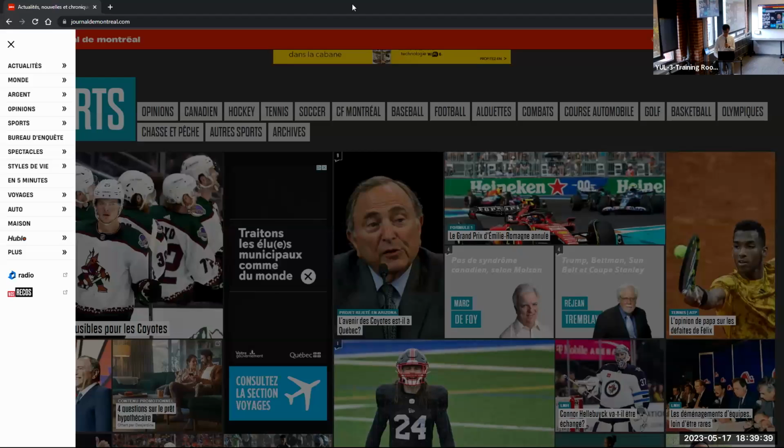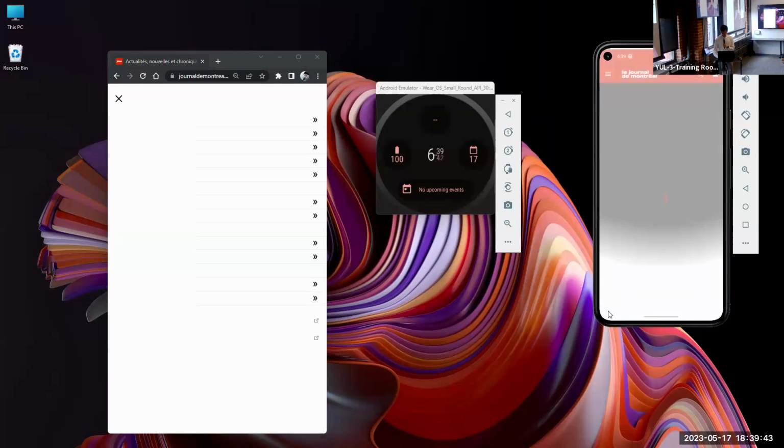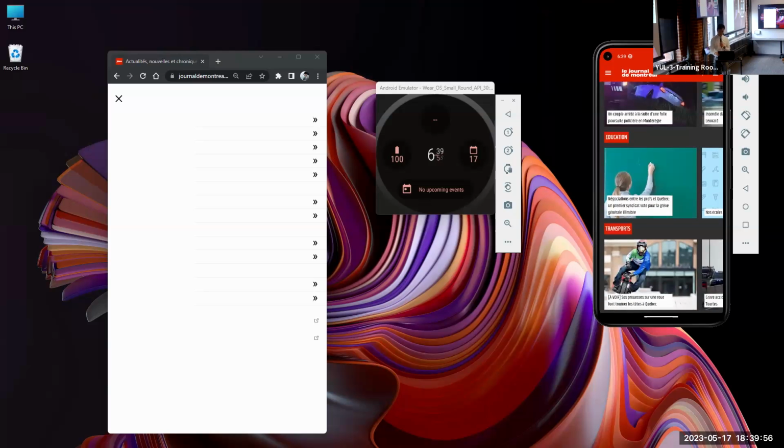You will know. So I'm going to show you on the mobile first. Emulation on Windows 11 is kind of weird, so if it crashes, I have to start it again. Okay. So here it's the home page.